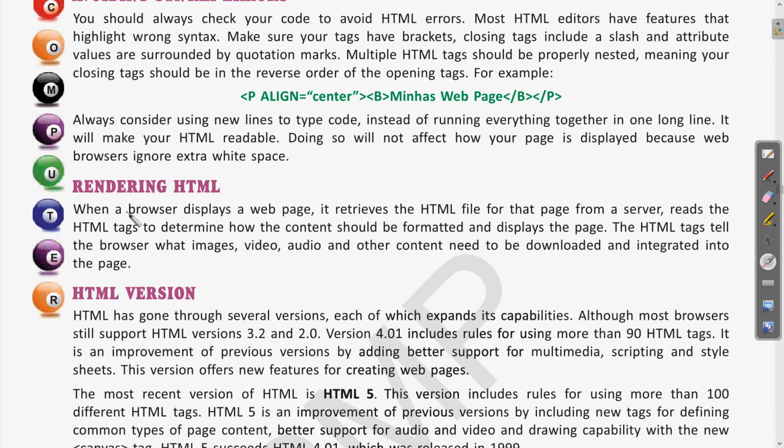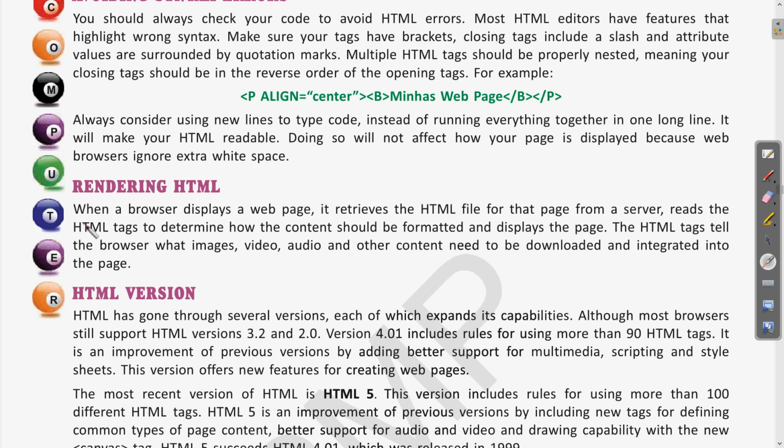Rendering basically is when we retrieve the page from the browser. Clear? So how the text is appearing on the web page, if there are some extra elements like images, videos, or other features, tables inside those HTML codes. So how the text is appearing, how the elements are appearing on the web page. This is called rendering.